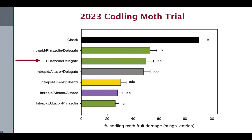Okay, so 2023. We had time for 2 generations this past year, but I wanted to test the materials in what I felt was a normal schedule, which is the delayed first cover. So I put an ovicide out as my first application, followed by 2 larvicides for the first generation, and then just did a couple of larvicides for the second generation, with a 14-day interval between the 2 larvicides. The one exception is this one right here. Plinazoline is believed to have ovicidal activity also,